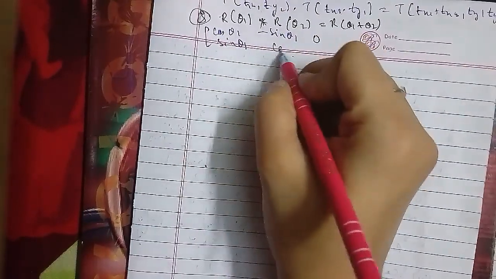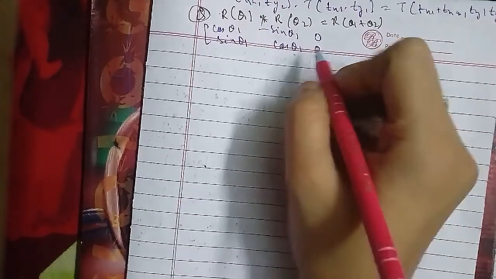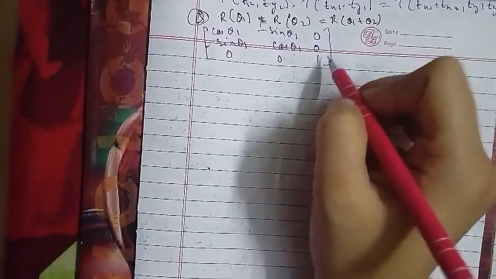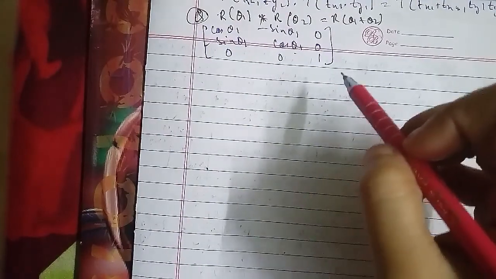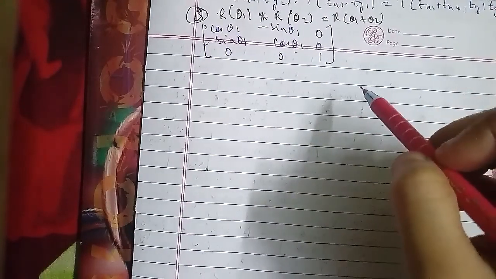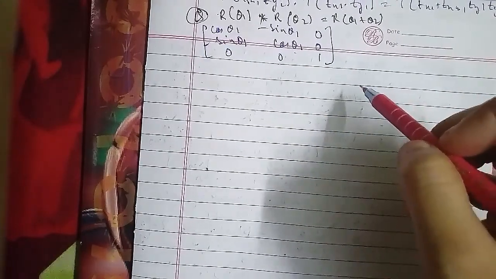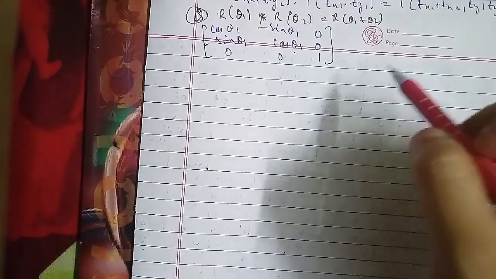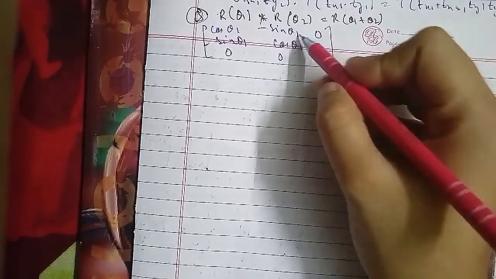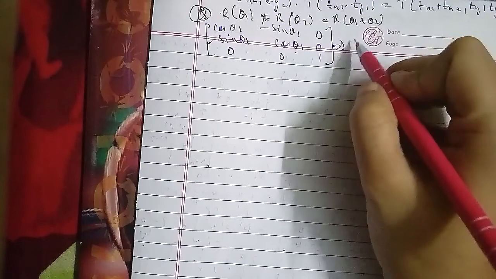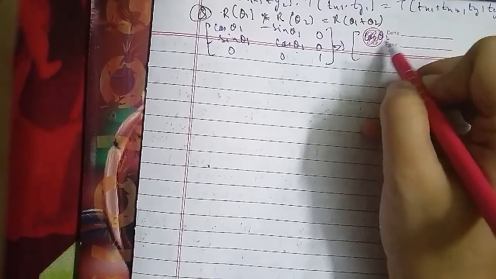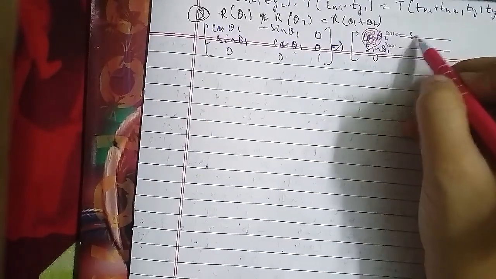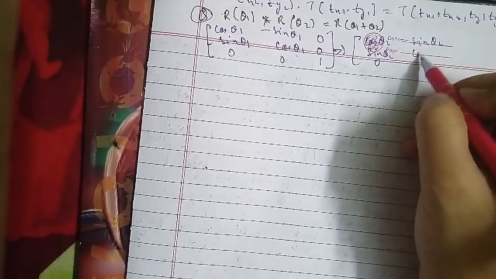So let's go ahead and multiply here: the first matrix is cos theta 1, minus sin theta 1, 0; sin theta 1, cos theta 1, 0; and 0, 0, 1. The other one we have is cos theta 2, minus sin theta 2, 0; sin theta 2, cos theta 2, 0; 0, 0, 1. So in the same case we will be solving it further, which is